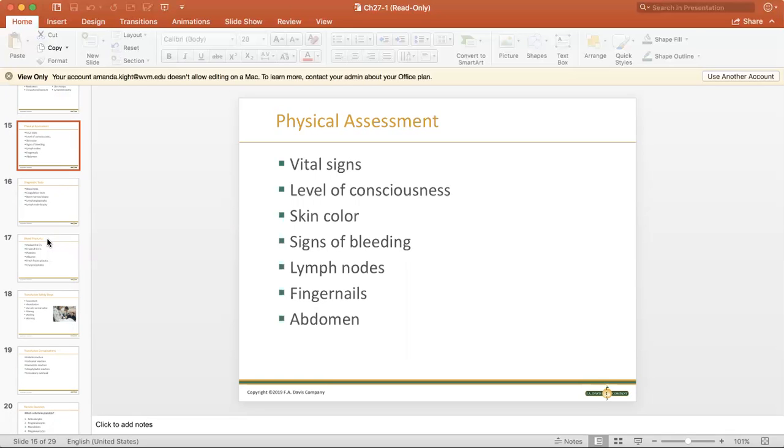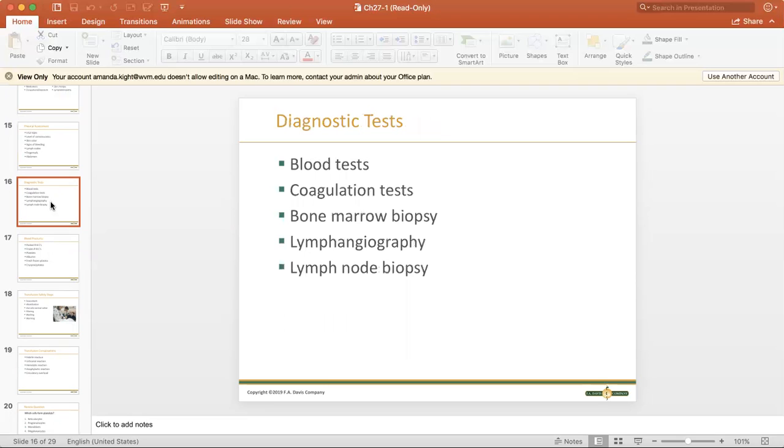And the abdomen, as I mentioned earlier, with the albumin, and that would also go with lab work as well. Different diagnostic tests, everything we had mentioned earlier. Blood tests, there's several different ones. Coagulation tests, PT, PTT, are two of the most common ones that we hear of. Bone marrow biopsy if needed, if a patient is going through potential symptoms of having, or if they're already diagnosed